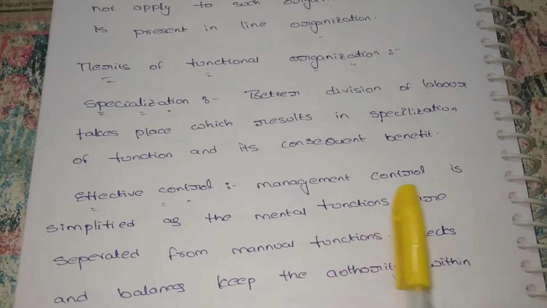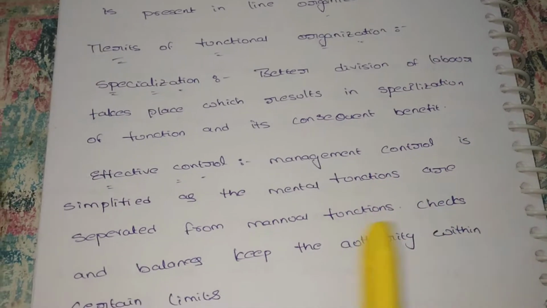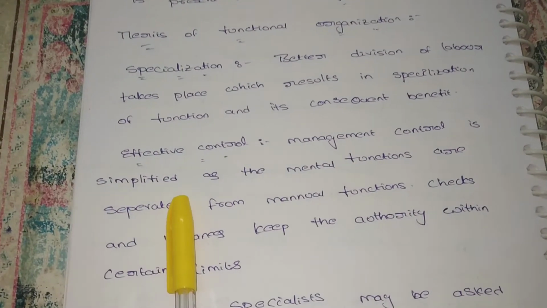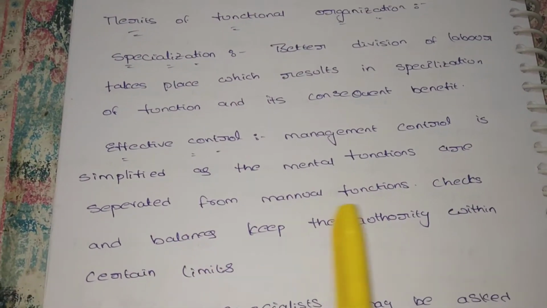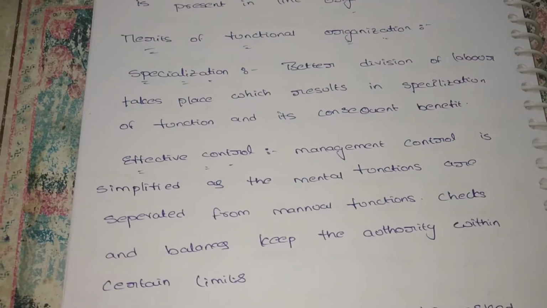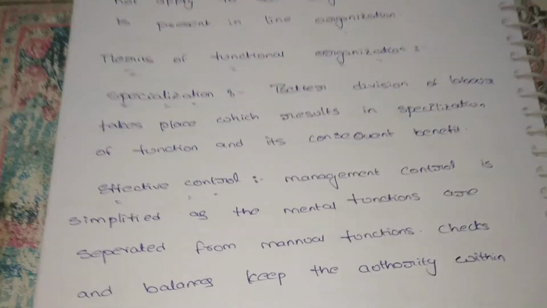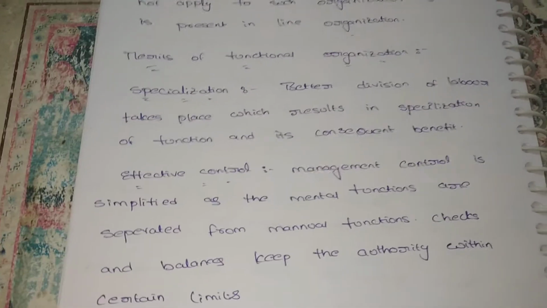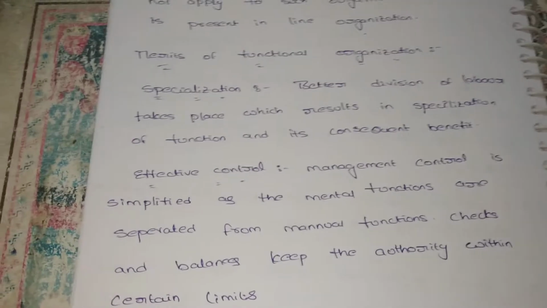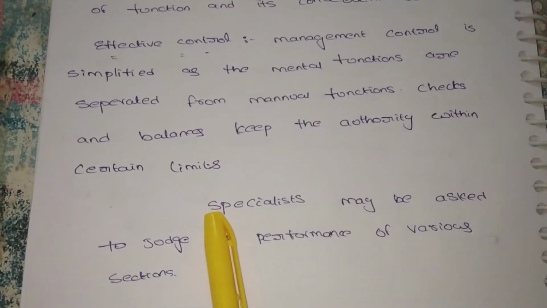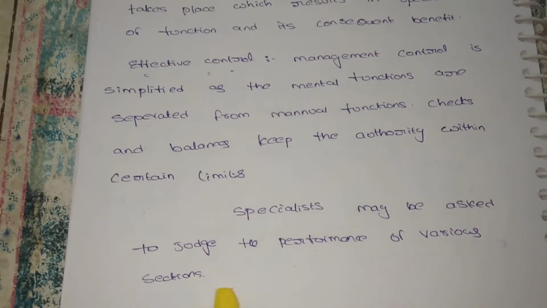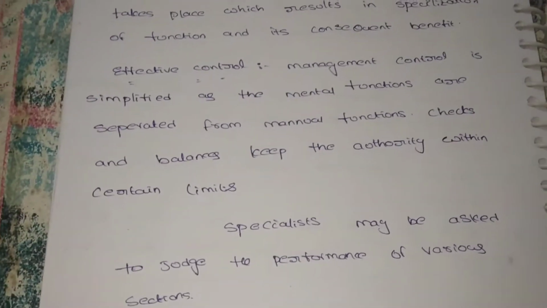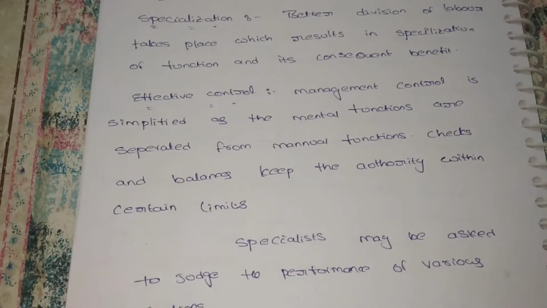Next, effective control. Management control is simplified as the mental functions are separated from manual functions. Checks and balances keep the authority within certain limits. Managers have high mental control, meaning they have to take decisions and think, so they have some mental tensions. Manual tensions are like when we are preparing accounts and there is an error, which is a manual error. But when we have to take a decision, we have mental tension, and each and every tension we have to balance. Specialists may be asked to judge the performance of various sections. So we have to control each mental and manual tension, and also analyze each department's work. The specialist, the person who is specialized in this particular area, has to analyze each and every